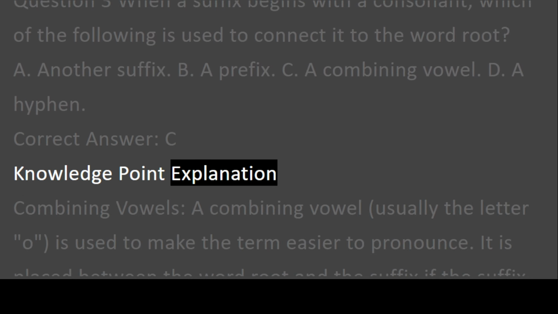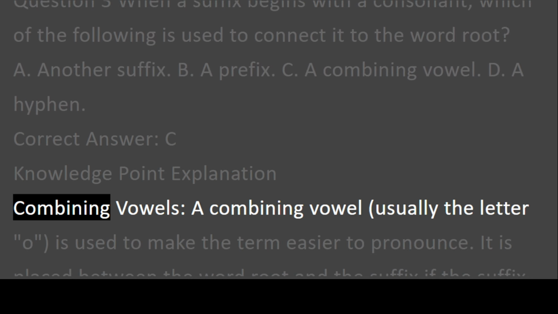Knowledge point explanation. Combining vowels. A combining vowel, usually the letter O, is used to make the term easier to pronounce. It is placed between the word root and the suffix if the suffix starts with a consonant. Combining form. The combination of a word root and a combining vowel is referred to as a combining form, e.g.,